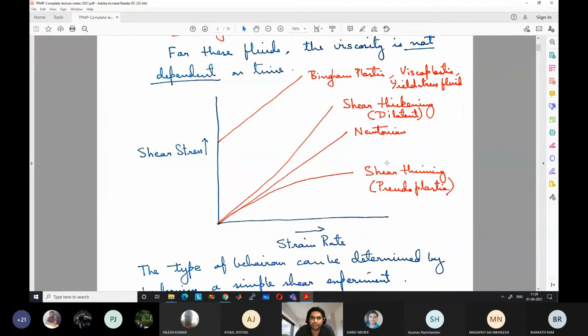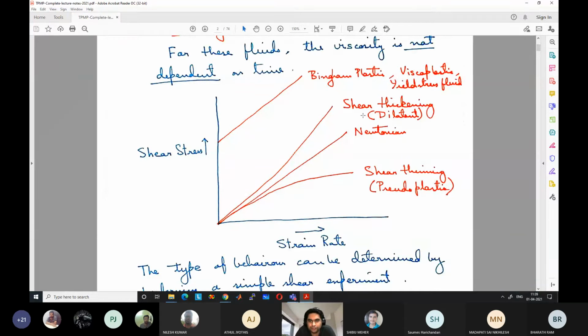On the opposite side, if the stress is large and the fluid becomes thicker and thicker, meaning it becomes more viscous, then we call it shear thickening fluid. So all these 3 types of fluid are considered as general Newtonian fluid. General Newtonian fluid, which we will come to later in subsequent classes, is a class of fluid where you can write the stress in terms of the strain rate with some constant of proportionality. That constant will actually not be a constant, it will be a variable depending on this strain rate.